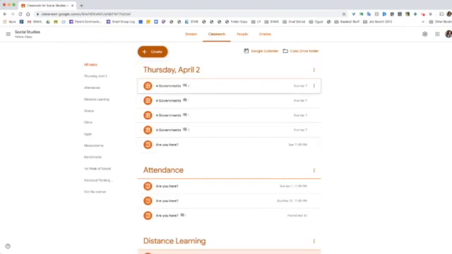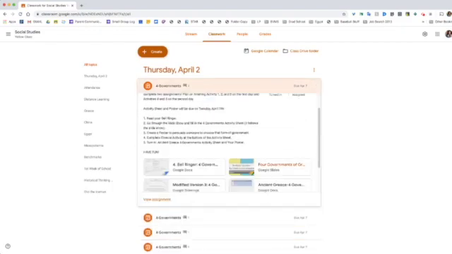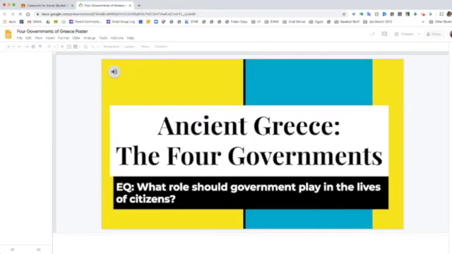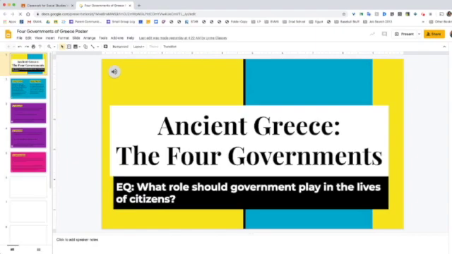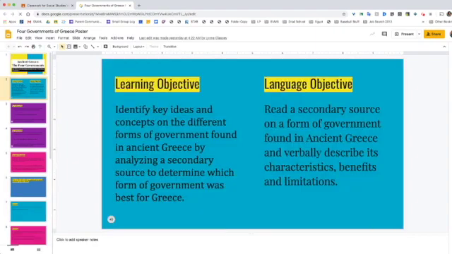You might remember that last time we were here, we were learning about the four governments of ancient Greece, right? And it looks something like this. The objective is to identify key ideas and concepts on the different forms of government found in ancient Greece by analyzing a secondary source to determine which was the best form of government.